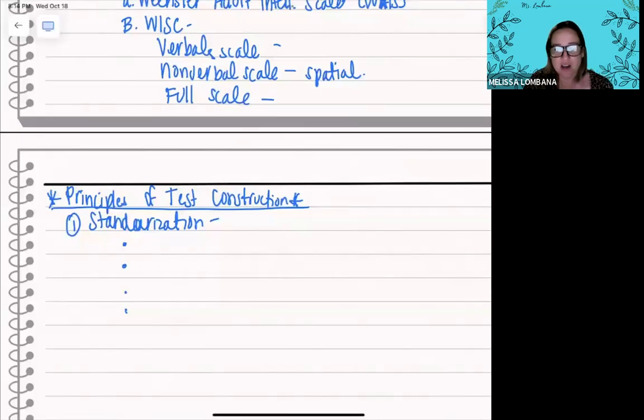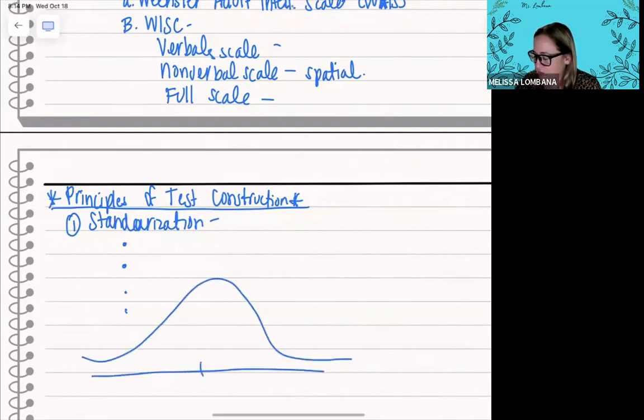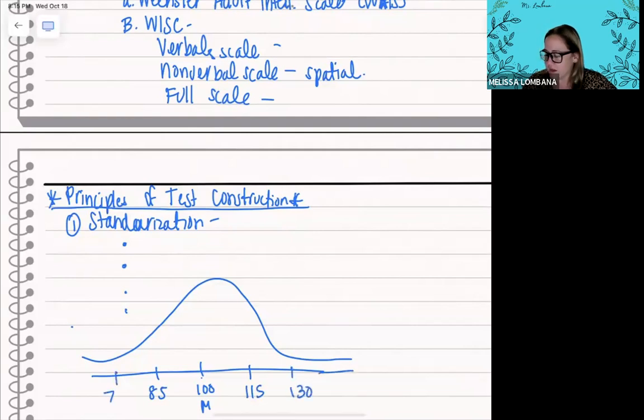So if it's standardized, the results must be a normal curve, and basically the average score is going to be 100. So remember that lovely little bell curve that we have seen a bunch of times. I would like you to leave a little space here so that we can work with this. It's the same thing we've always been talking about: the mean is 100 right in the middle, it's distributed equally, and the standard deviation is 15 points. So this one would be 85, this one would be 115, and as we go further, right, we have